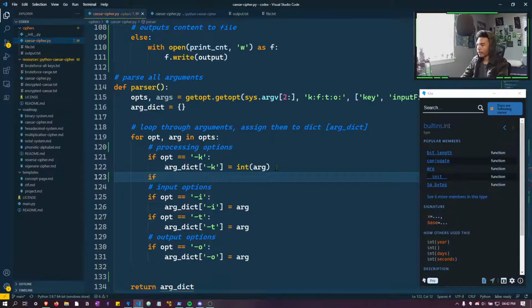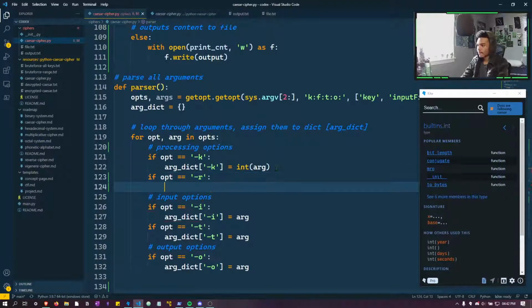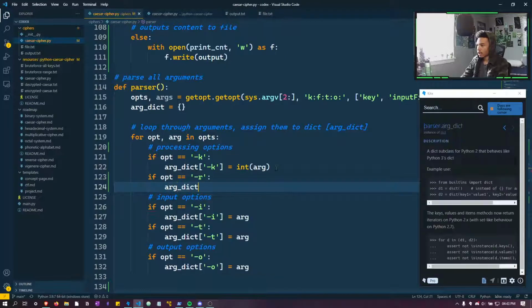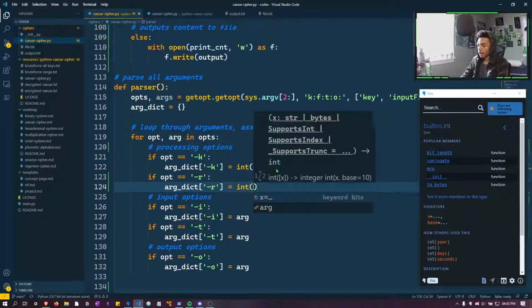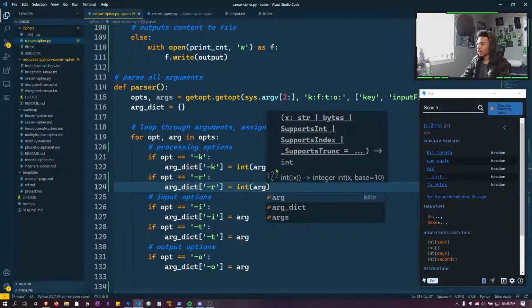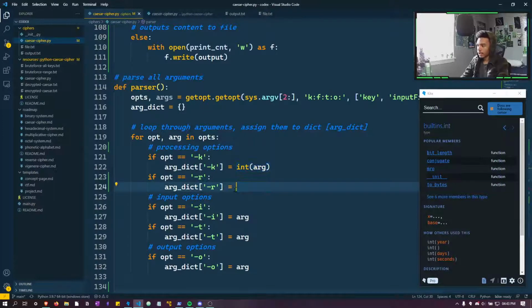Then we're going to need our opt equals a tech R. Then we can do arg dict, and then our tech R, and then we can have it be equal to int the value of the argument. Oh no, wait. So it's going to need to be argument dot split